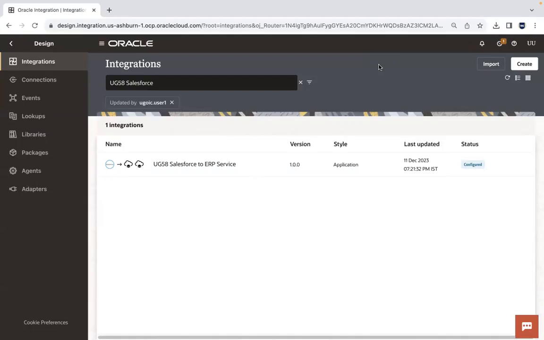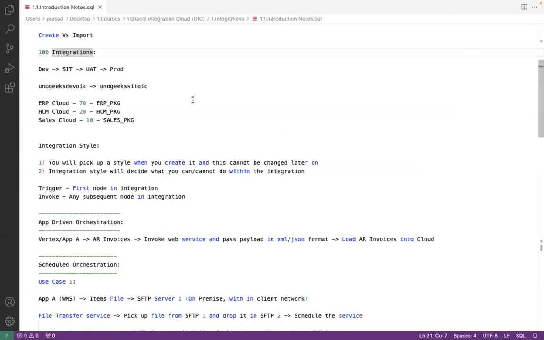To keep it very simple, if you have to build an integration, and that integration would be triggered by another application, then you would have to use application style. Meaning, this integration needs to be triggered explicitly, and you can trigger it on demand, whenever you need it. What would be some of the use cases for this, guys? Say, for example,